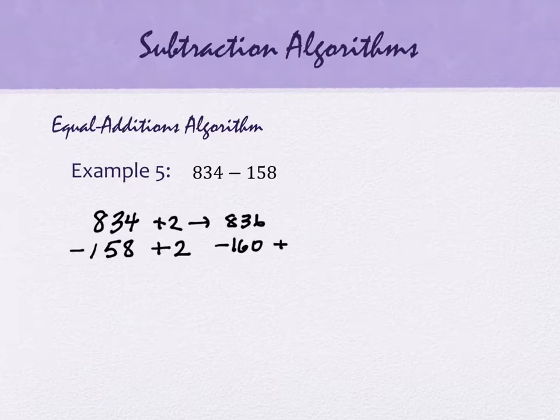So I need to equally add again, and then our goal is to make it a 0, so we add 40 to this, and we add 40 to the top value as well. And if you can imagine the way this works, so if I were standing up in the classroom and I had,